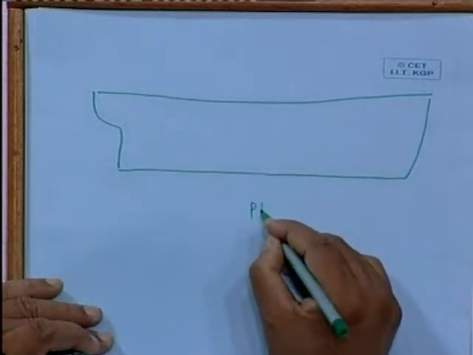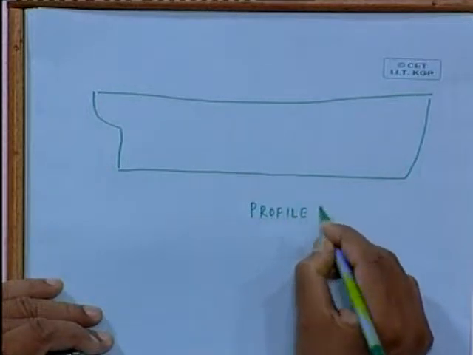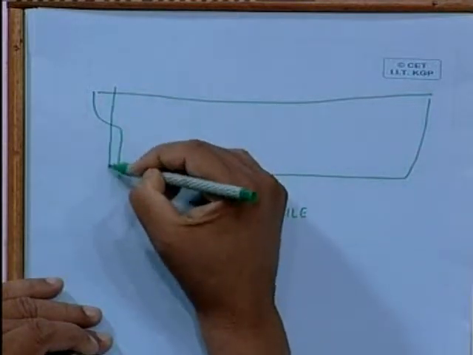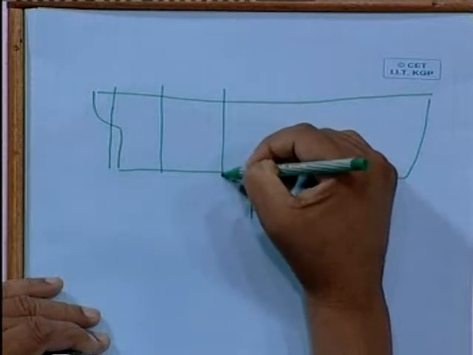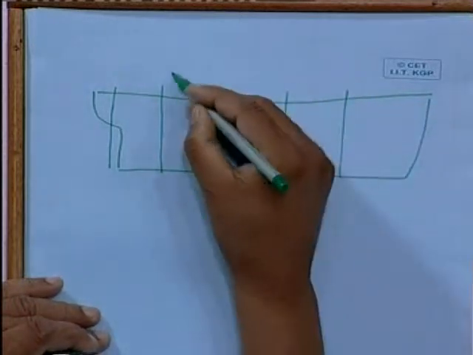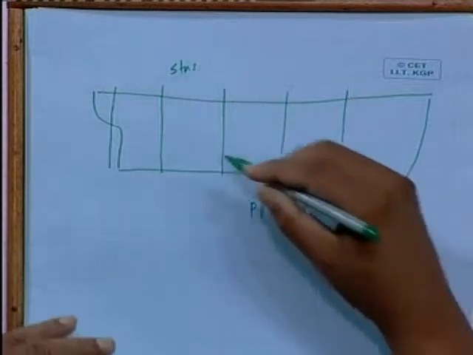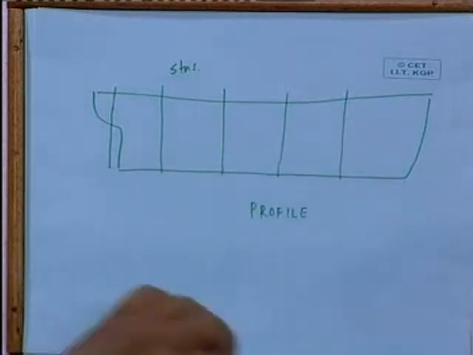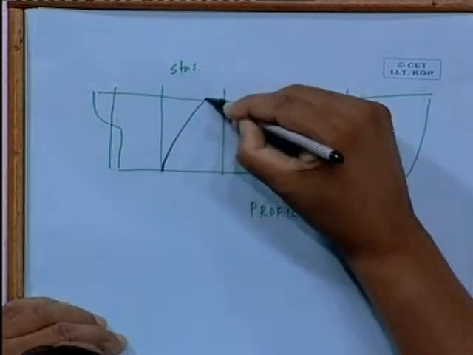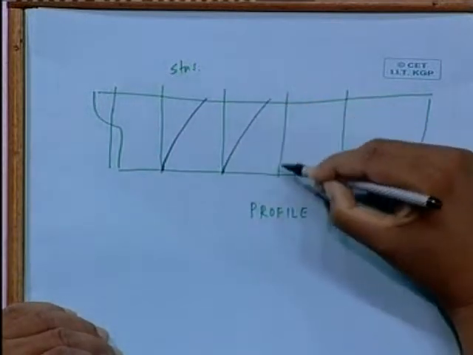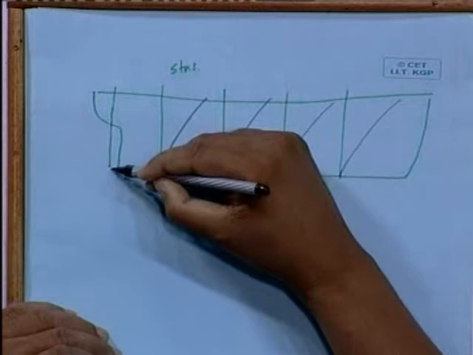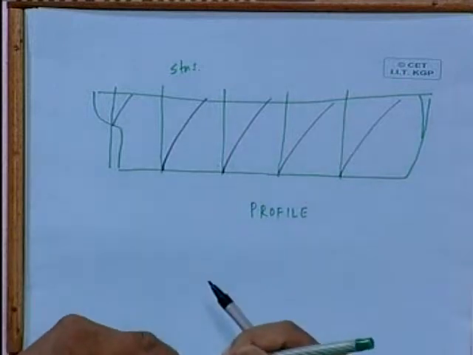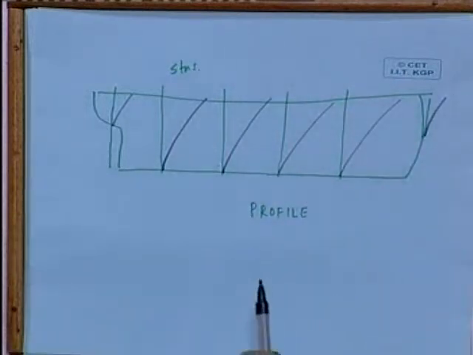This is my profile. That is basically 0 meter buttock line or central line. We have got these stations, you know, AP, various stations are there. These stations. What we do is that for each station, for each water line, see we have got various water lines, we plot here the section areas like this. This will come here, say if there was a water line here, this will come something like that here. So we plot this